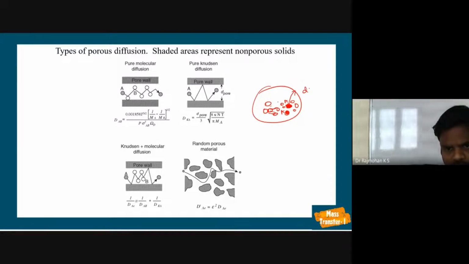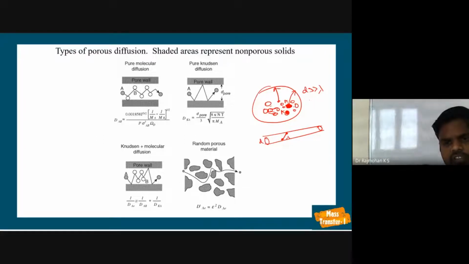If d, the diameter of the pore, is very much greater than the mean free path, what is mean free path? The mean free path is the distance a molecule or atom can travel in a straight line from one location without colliding with a neighbor molecule or the pore wall. That is what happens when the diameter and lambda are almost equal.